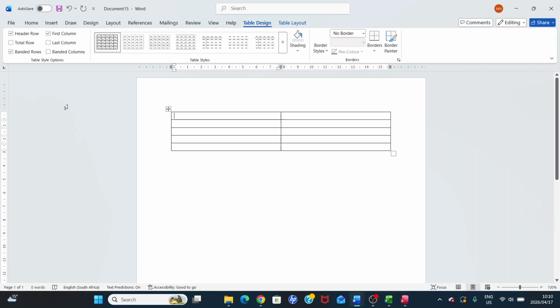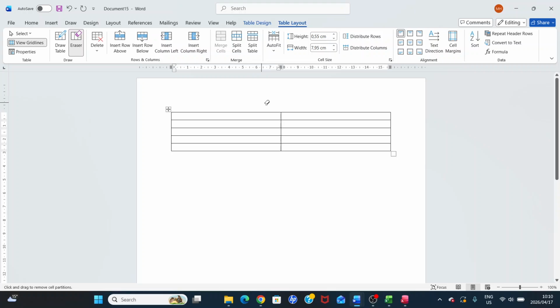Now it says we're going to enter the title. So to enter the title, we have to erase the line in between the 2 columns. Click outside to remove the eraser. Switch caps lock on and then type the title. All capital letters doesn't show spelling mistakes, so make sure you don't make a spelling mistake.